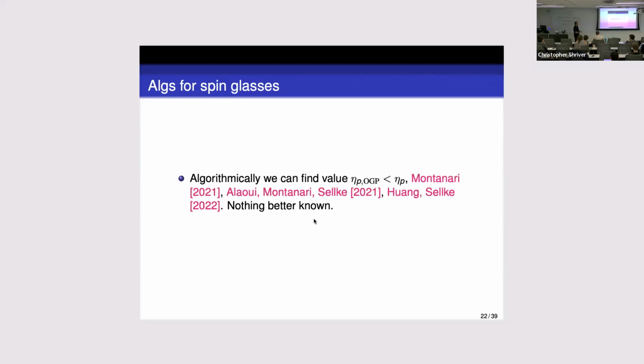Another class of models which I wanted to introduce yesterday, but I didn't have time, are spin glasses. All I will say here is that there is a very similar story in the sense that it's an optimization problem on random structures. There is an optimal value. It's pretty well understood. There are algorithmic advances that give you some value. Generally, though, that value falls short of the true value. And somewhere in between, there is a version of the overlap gap property that I described yesterday. I will focus on independent sets because that's the simplest to discuss.